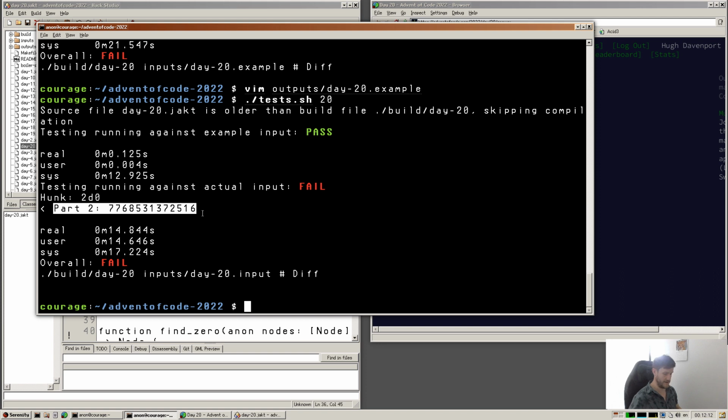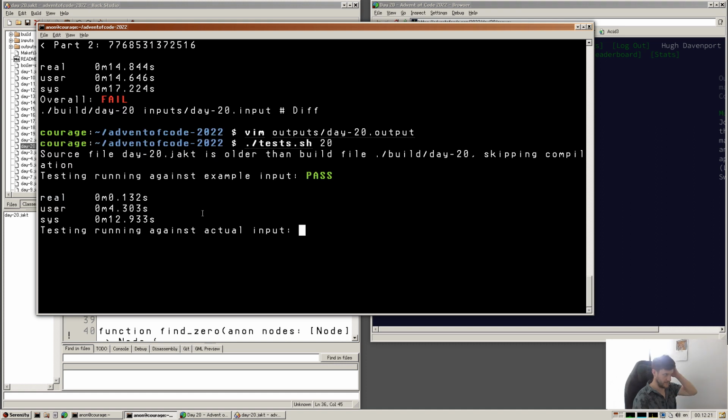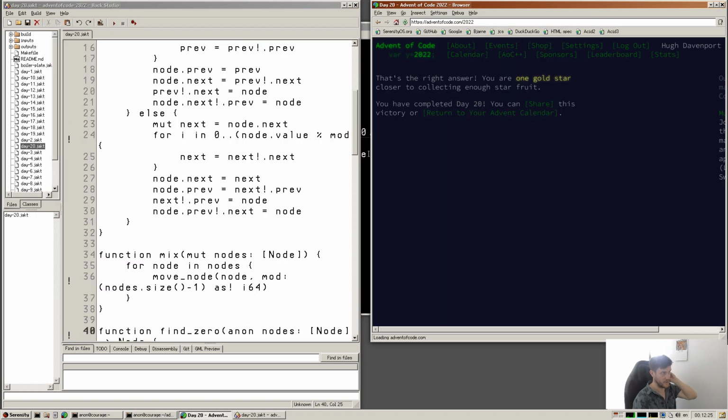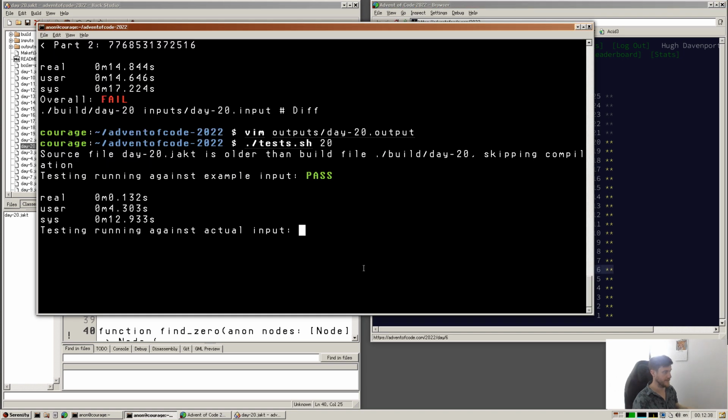So that is when outputs day20.output, and we can paste that in there. And so now if we run this, it'll just say pass for both, and that's basically day 20 done. Getting close to the end. That's like a little campsite we're in, I guess, and we had a bridge there and another bridge there. It does take a little 14 seconds, but yeah, it gets both in,